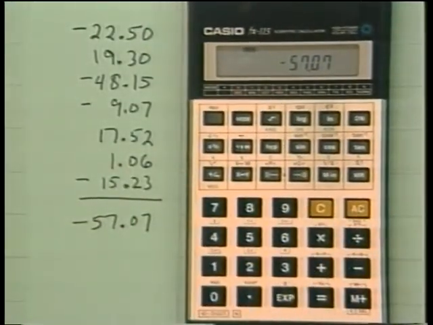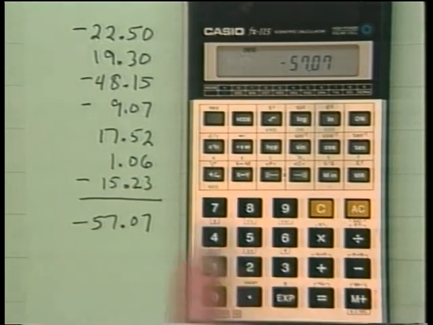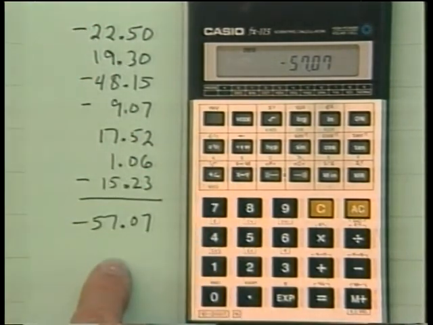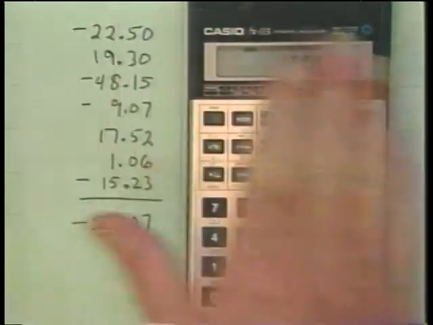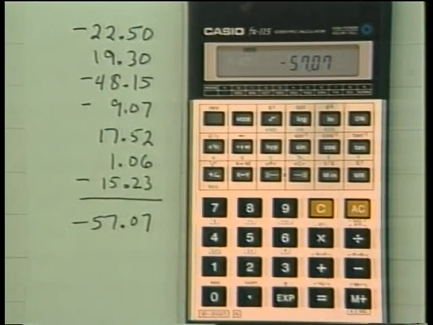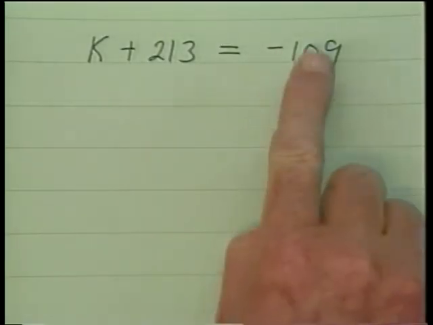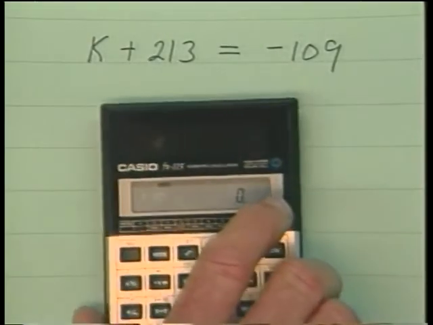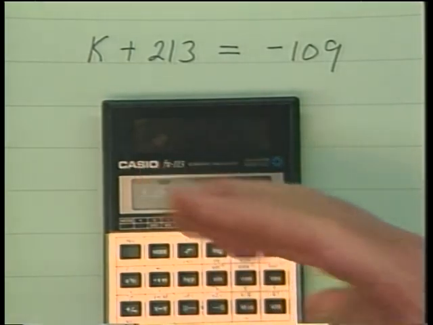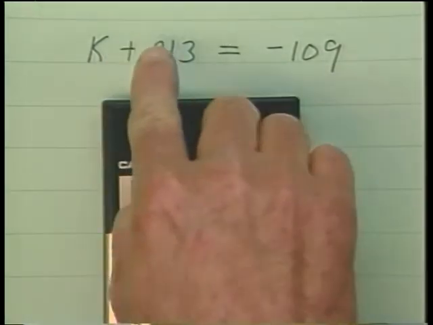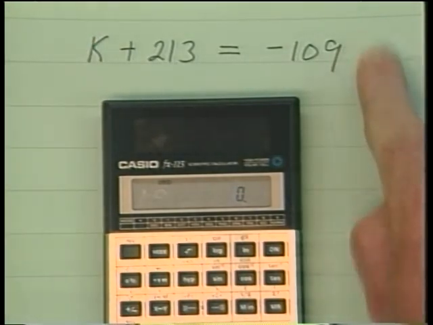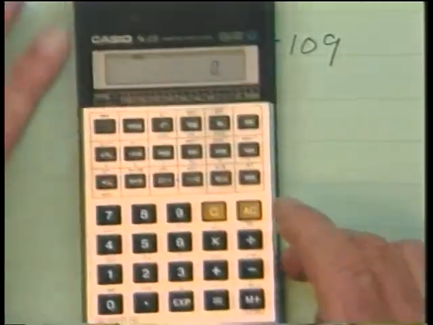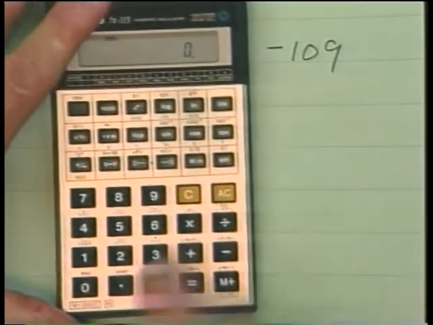A good exercise on this lesson is to do your work by hand, then check on the calculator. In that way, you're practicing both at the same time, and that's a very good exercise. And with very little practice, you can begin to solve equations mentally with a calculator. You know I'm going to have to subtract this to isolate the k, but then I have to subtract it from the other side. So on my calculator, I enter the 109,